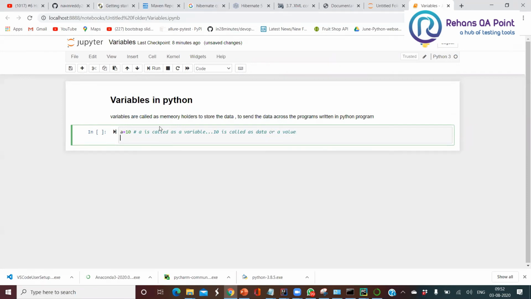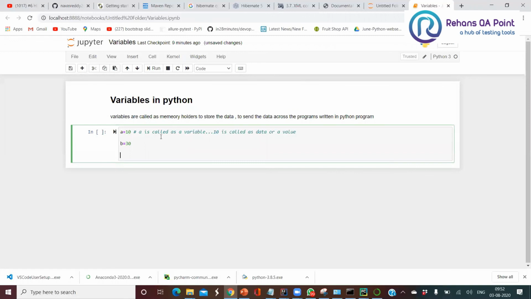And now I'm going to store b equal to 20 or 30, whatever it may be. Here b is also going to be called what? A variable. Now I'm going to use a variable called result, where I can store the a value plus the b value. The summation of a and b is going to be stored again into a new variable called result.